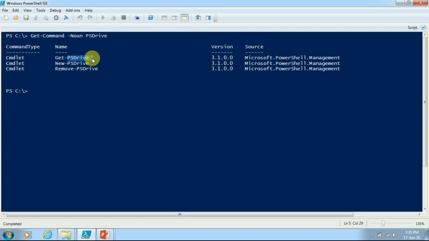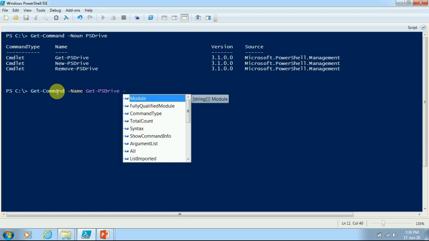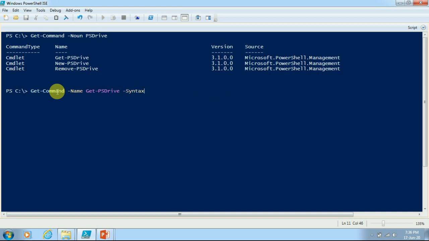And if you want to go a little deeper about this cmdlet, and I want to know the syntax of this one, using the same cmdlet I can get the syntax. So we have to use it like this, and after that you have to pass a parameter called Syntax.